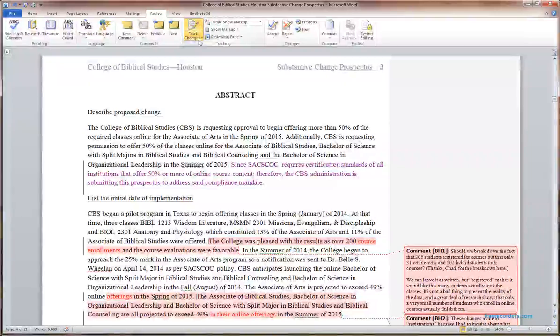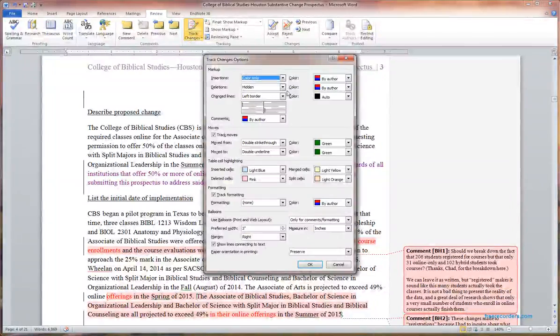So what I do is I'll go up to Track Changes under the Review tab here at the top, and I'll turn my track changes on so that it is shown as yellow, and then I'll come down into the options for track changes, not the big button but the drop down menu. I'll click change tracking options, and that'll bring up a window that gives me various options on how I want